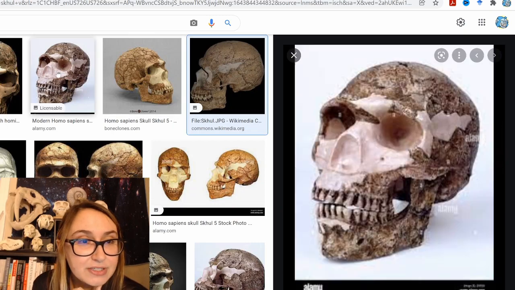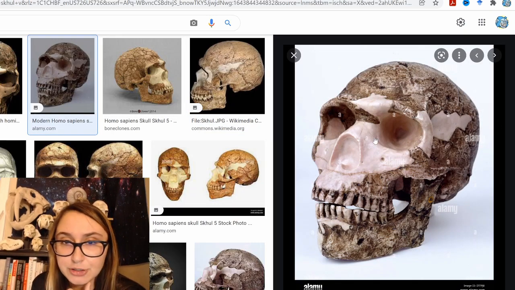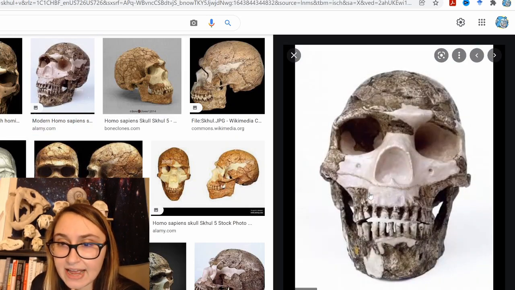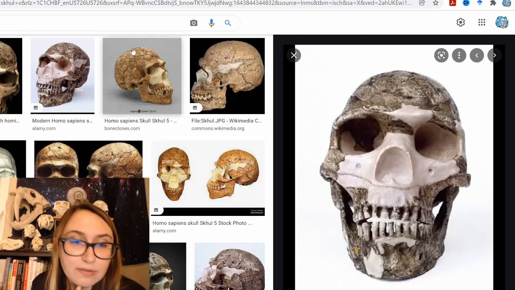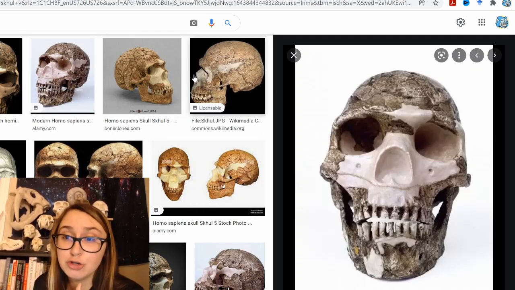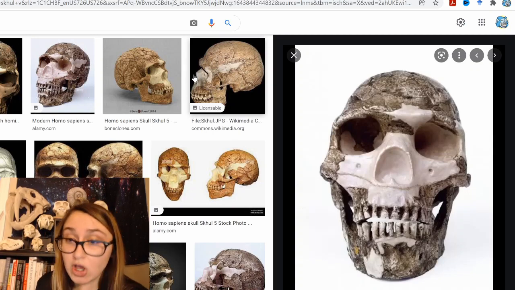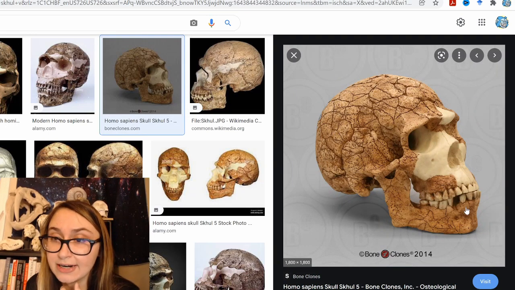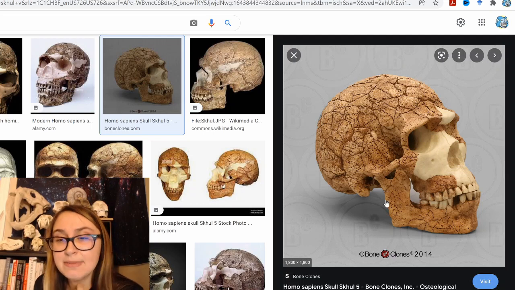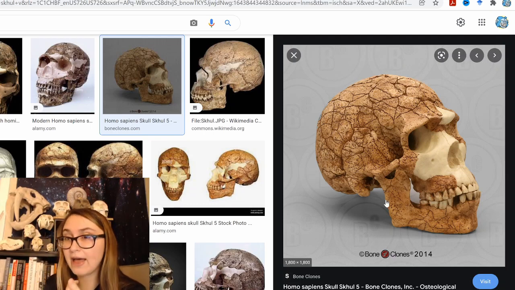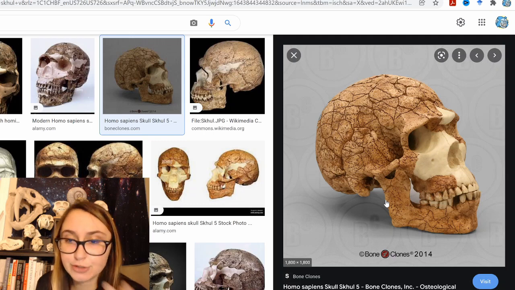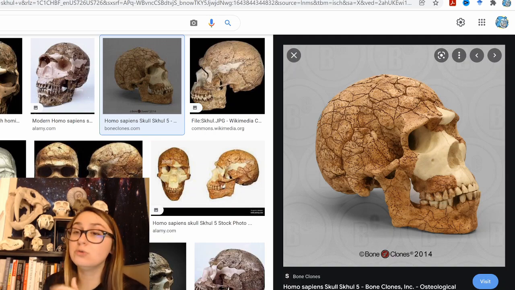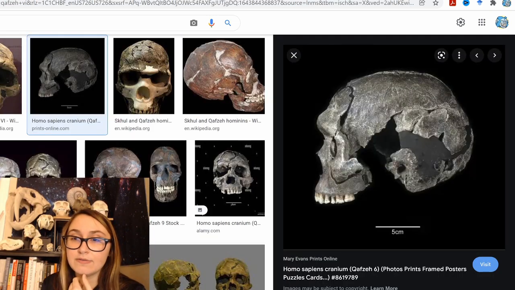If you look at it from the front, it's got a big nasal aperture, but nowhere near as big as what we see in Neanderthals, and it does indeed appear to have a canine fossa. So it has a lot of the apomorphies that modern humans have, not all of them, but a lot of the ones that will come to be found in humans, and it's missing many of the apomorphies that are found in Neanderthals, so that would be their diagnostic characteristics, which means this isn't a mix of human and Neanderthal traits, but rather is more likely just an archaic human, which is why it's classified as archaic Homo sapiens and not a Homo sapiens Neanderthal hybrid, which would be something that these guys would know if they gave it even a little bit of research.